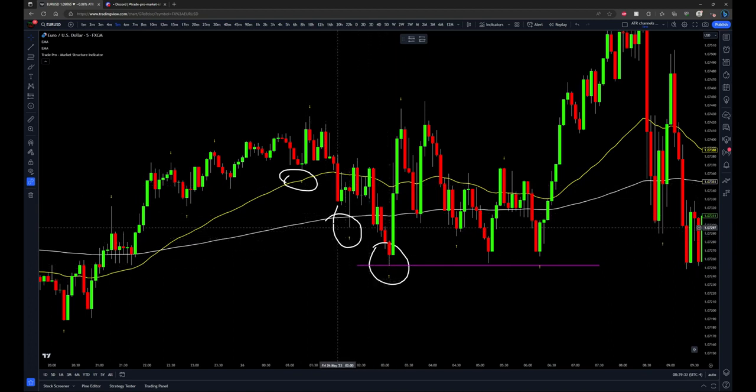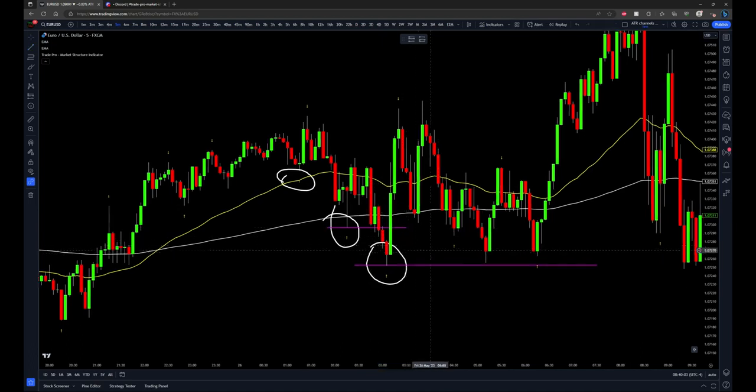the next. Okay, so we have our initial swing low created right here. Price pushes up. We have our next push down, sweeping the low of the first push down. And this creates another intermediate term swing low, lower than the previous one. We have a push up, and then we have our final push to the downside where you would be looking to get long below the low of peak number 2. So down here is the entry territory to get long, looking for that next move to continue the uptrend, which